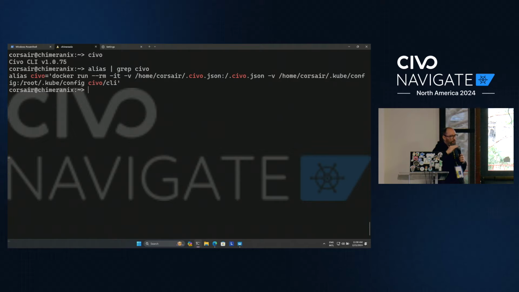Okay, so the first time it will be long, but the second time you saw, right? Look, could you tell that it is something that is not local, not a binary, through the speed? Normally not, right? Because again, the image is cached and then you can just run it. Now, once you have that,